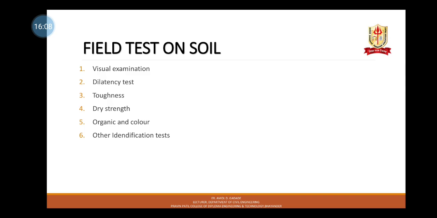The third one is toughness, that is consistency near the plastic limit. The soil sample used in the dilatancy test is dried by working and molding until it reaches the consistency of putty. The time required to dry the sample is indicative of its plasticity. Further, the moisture content is reduced by rolling and re-rolling into a 3 mm diameter thread till it reaches the plastic limit. The resistance to molding at the plastic limit is called toughness. After the thread crumbles, the lump also crumbles.